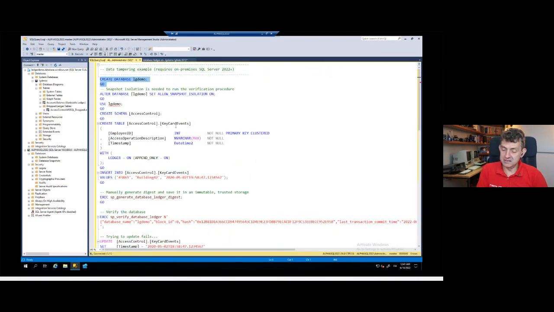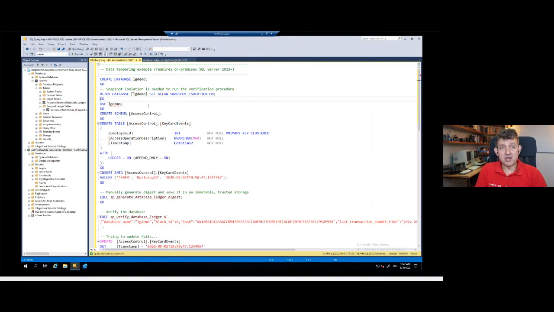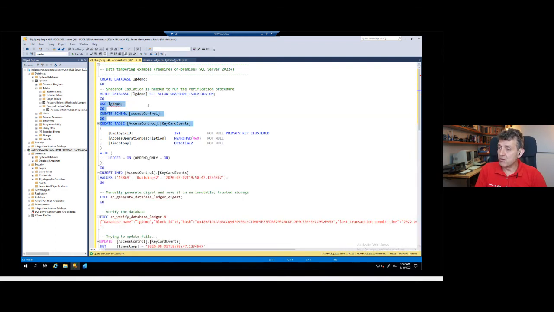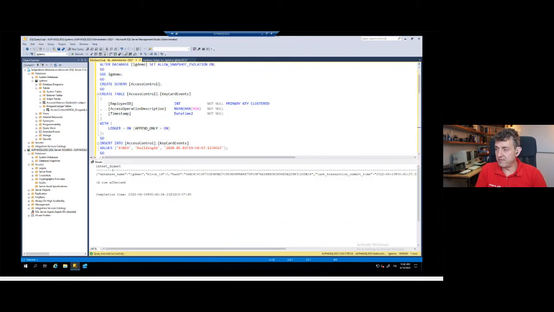Let me create a database in the on-premises version. There is a need to run verification in the on-premises version. We need to allow snapshot isolation in the database, not read committed snapshot isolation, only snapshot isolation, which is already on in Azure SQL Database. Then let's make the same thing. So we are creating the same table we have just used in the last example, which is an append-only table, and we are going to insert this value. Okay. Then let's generate the digest and pretend that we have put